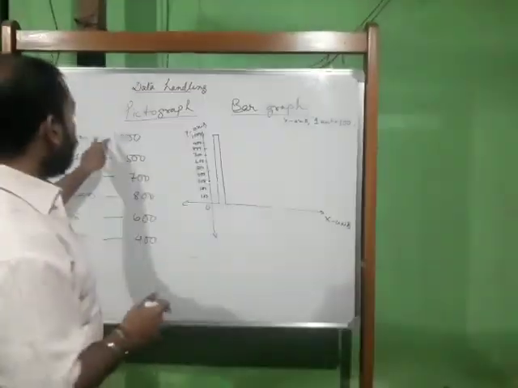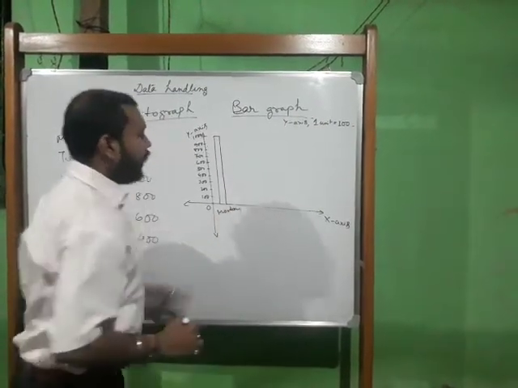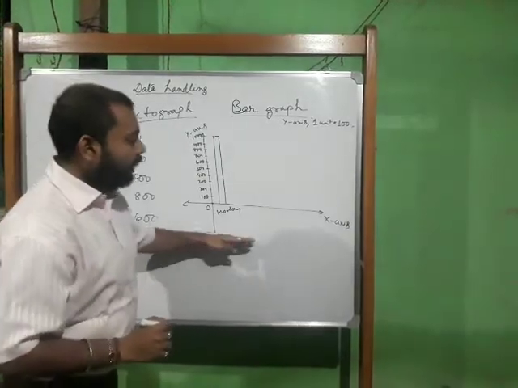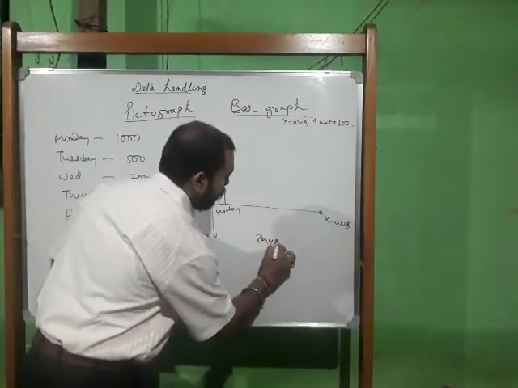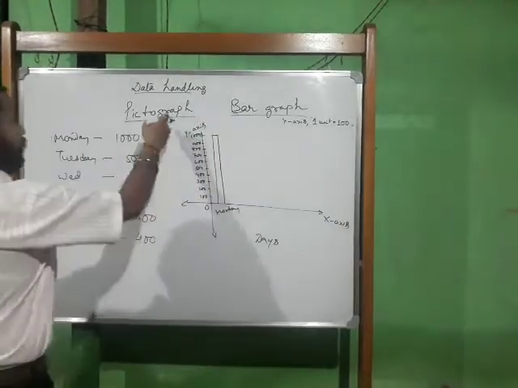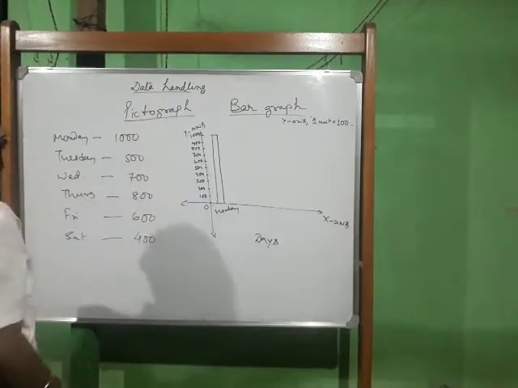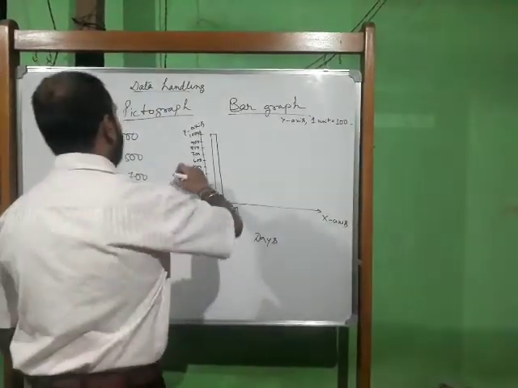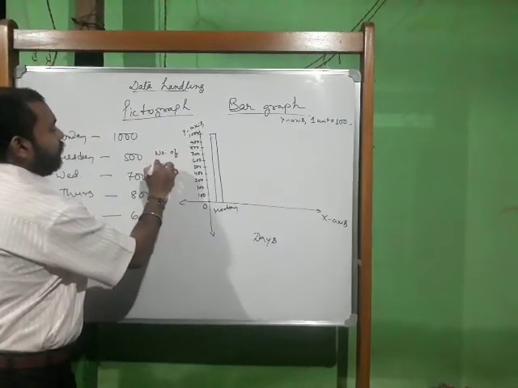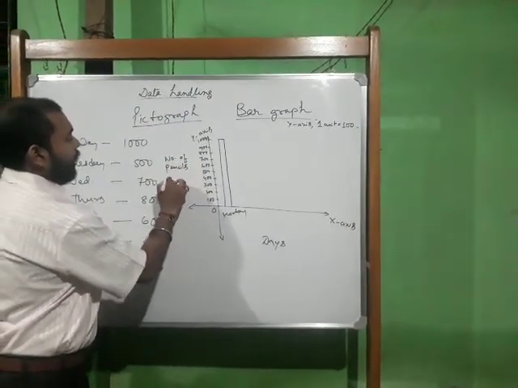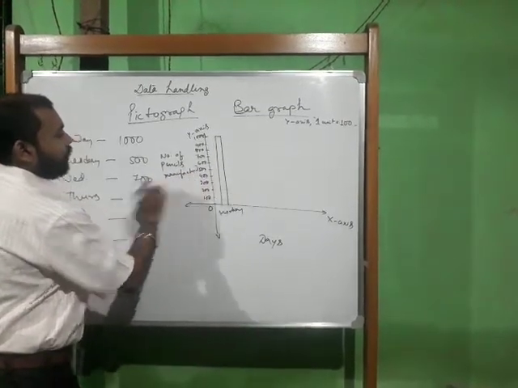So this is on Monday, so you write here Monday. Now in the graph you have to mention, here all the days I will be writing, so you write here days. And on this side, this is how many pencils are manufactured, so you write here number of pencils manufactured. You have to mention all these things in the graph.